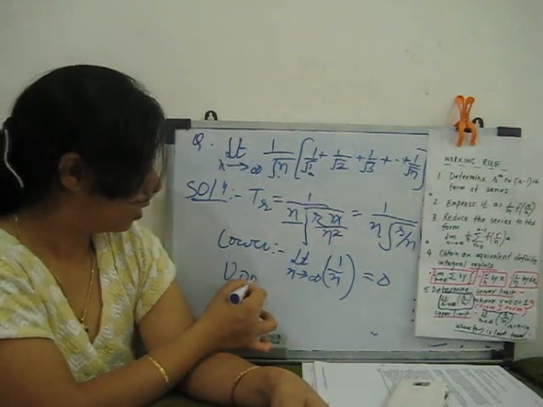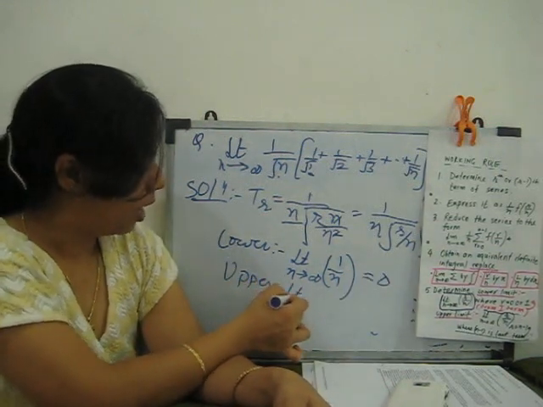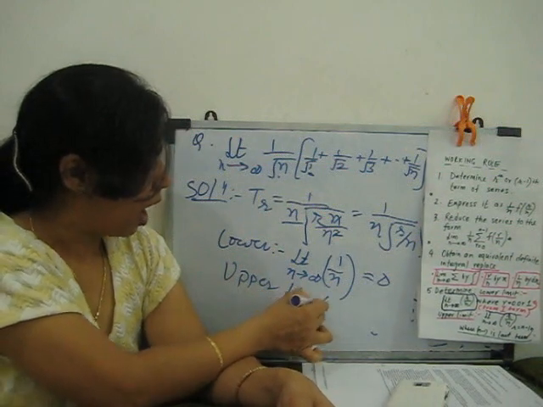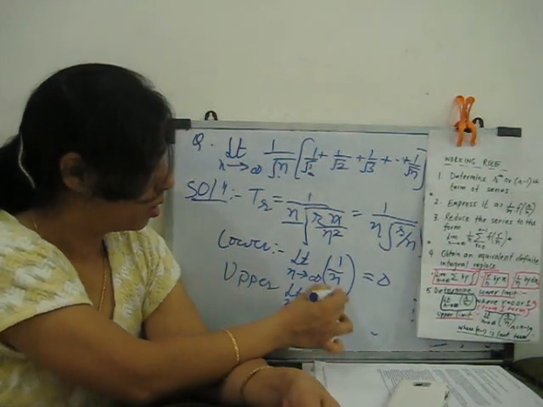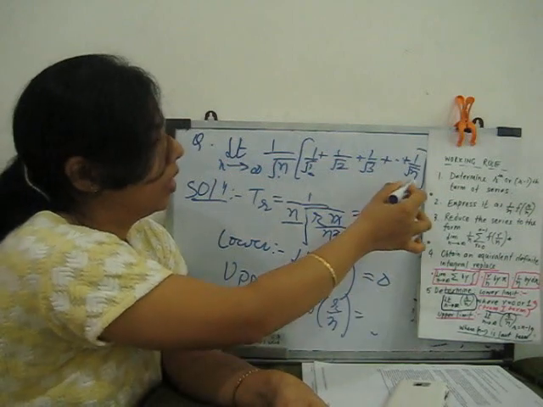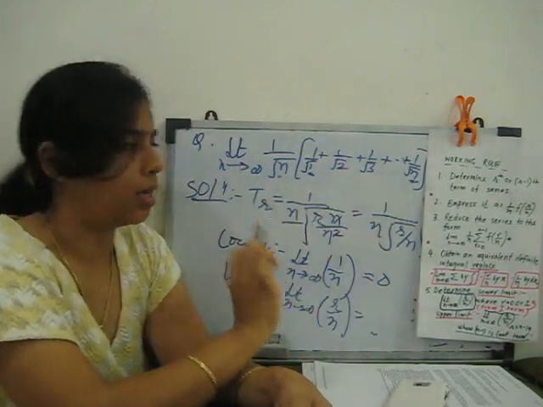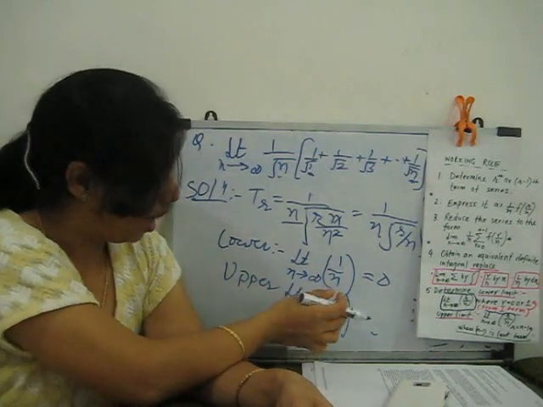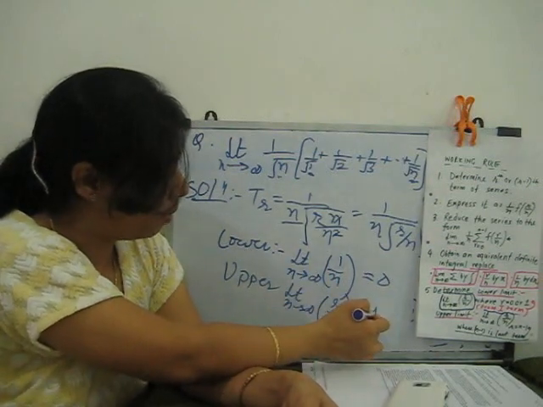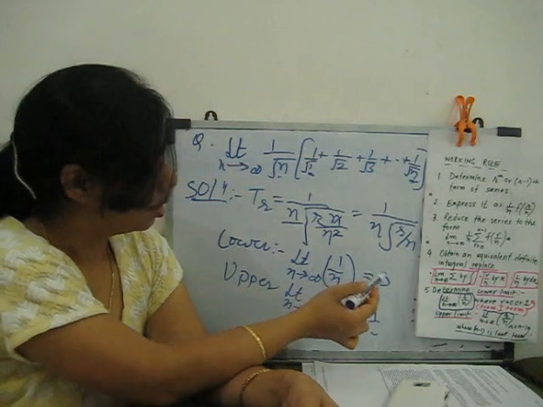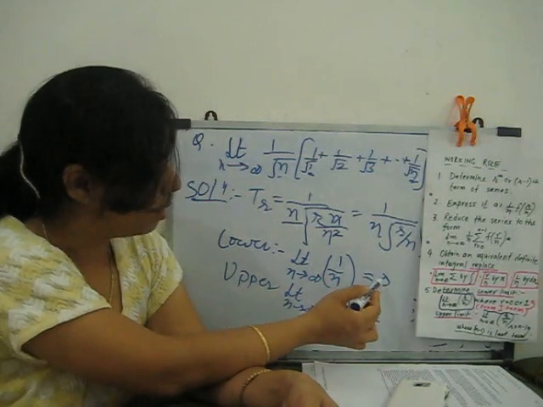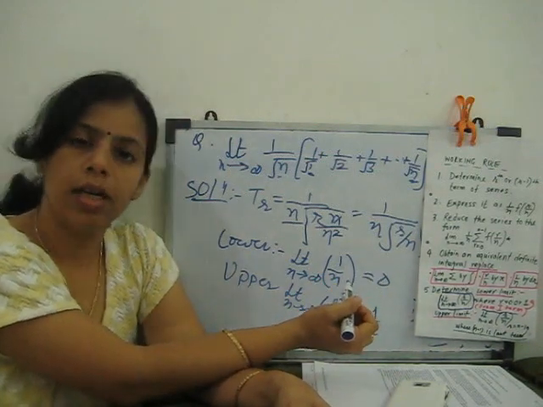Similarly for the upper limit, like the previous question, limit n tends to infinity of r by n. For the last term r is n, so n by n is 1. So the upper limit is 1, the lower limit is 0. Clear? Now